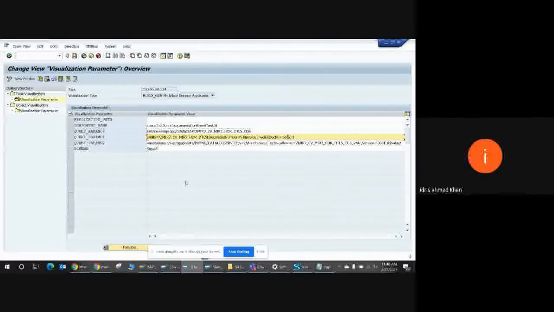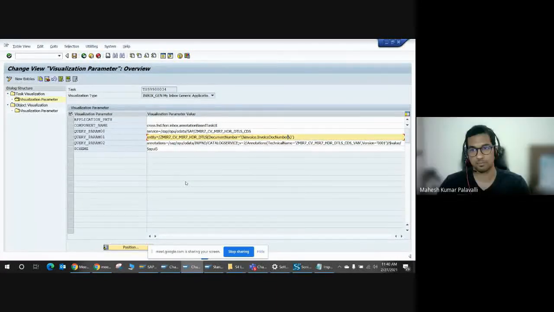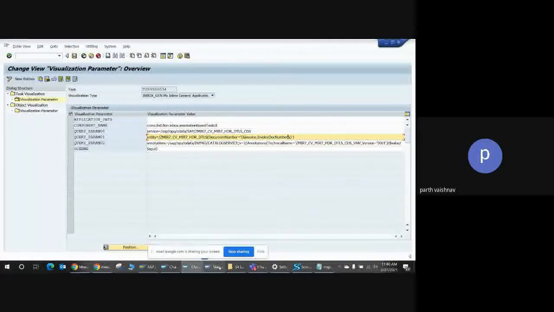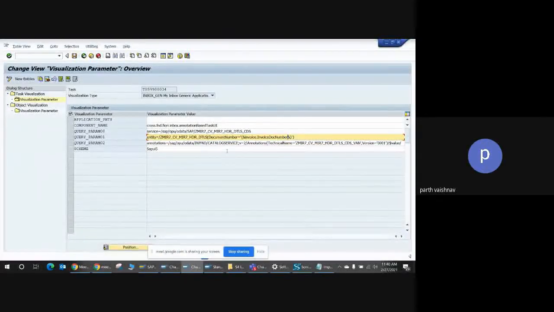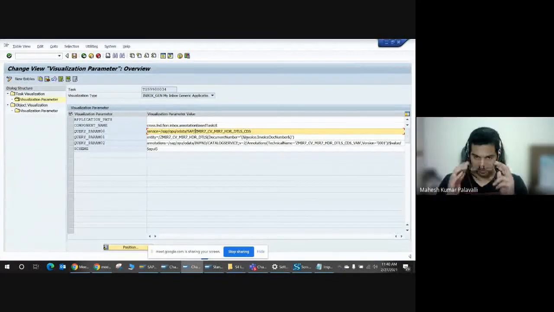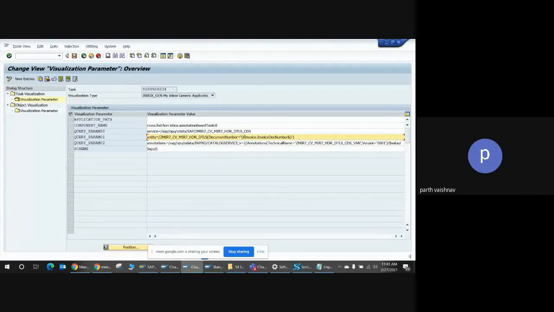Yes, then take the task and use it inside your SWF object, the workflow object. Yes, correct. And then this is what you have to give. Either you can do it via the SWF Visu configuration, or because the OData service will be provided by, in our case, Venu, who created this OData service and CDS views, and I created the workflow. So I provided him the key, the runtime key, whatever he can get. The document number will be in this particular container field of my task.